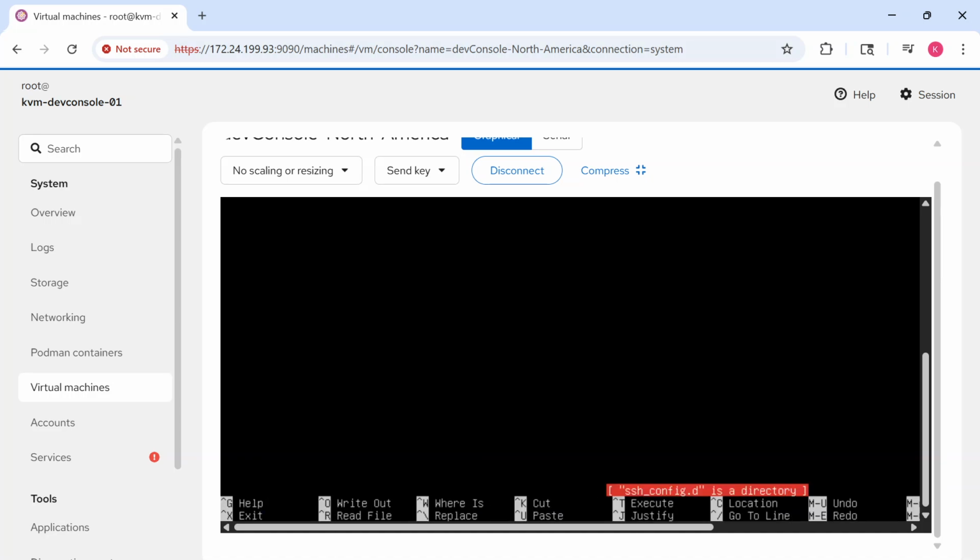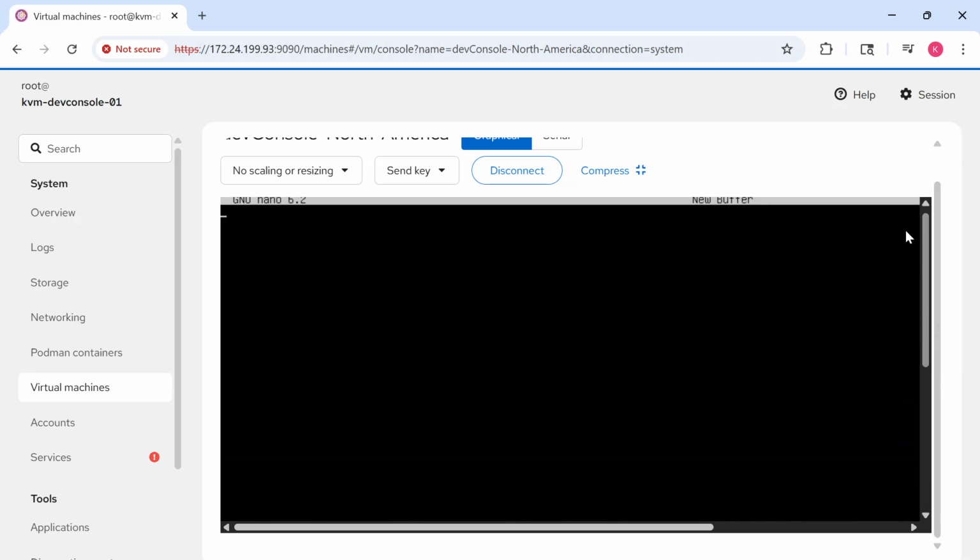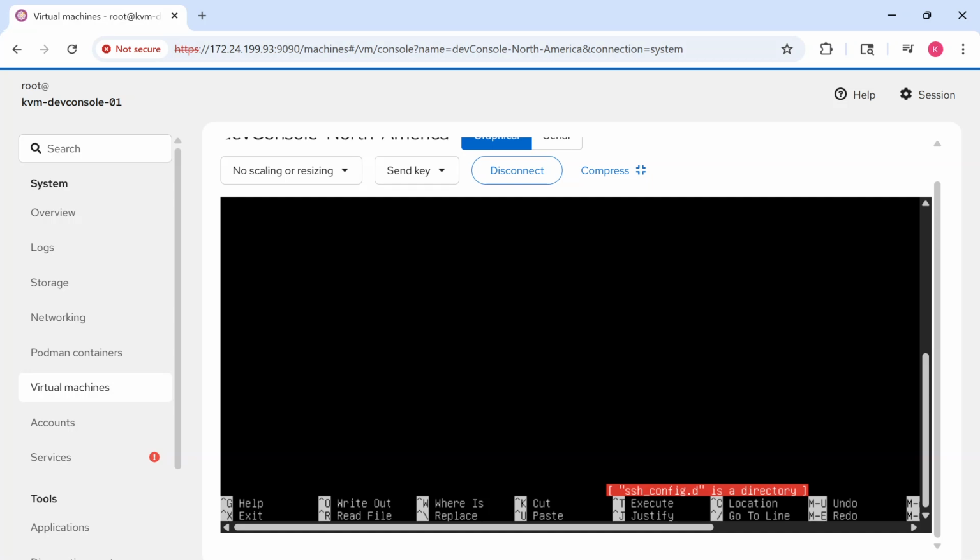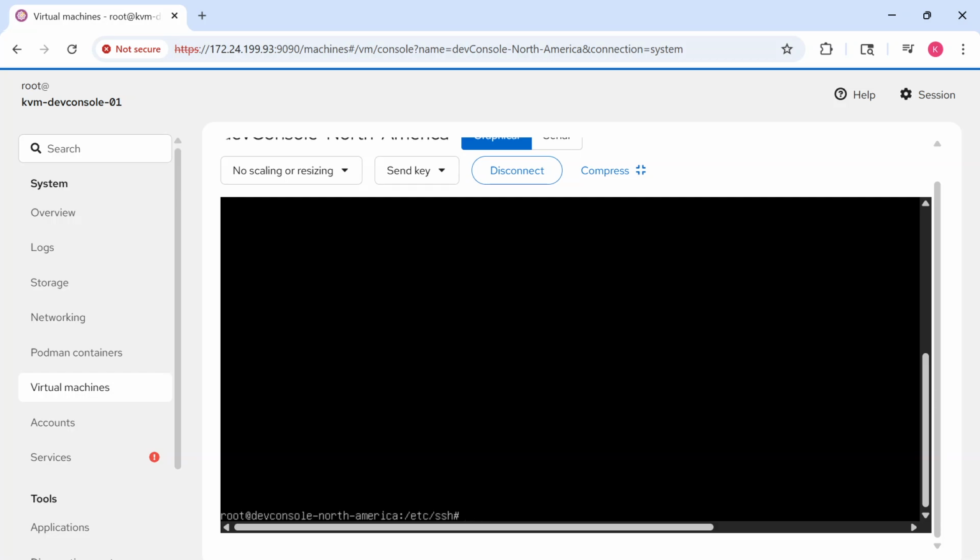And notice here, I did it again. It's showing you that you actually are in what we refer to as read-only mode. So let's get out of here, do a sudo su, and then do a nano